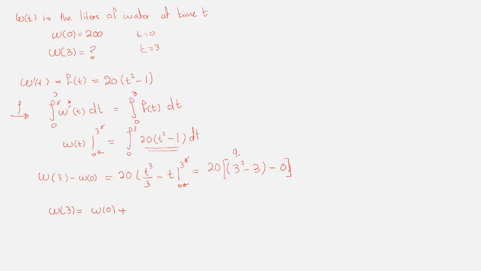So we have here 9 minus 3, which is 6. 6 multiplied by 20 will give us 120. So we will write 120. W of 0 is 200, so 200 plus 120 will be equal to 320, and this is the answer of B that we want to reach. Next,